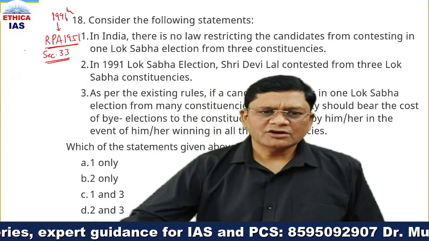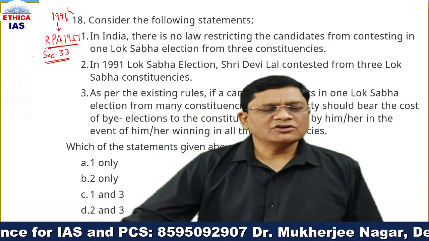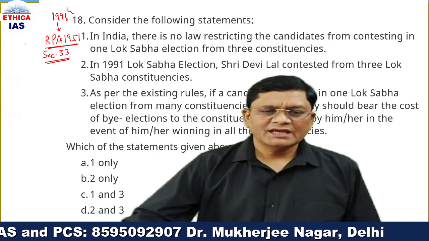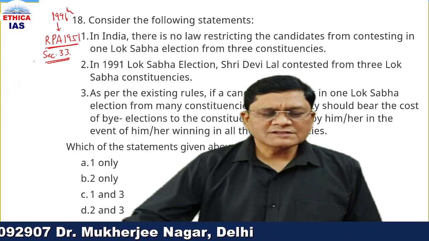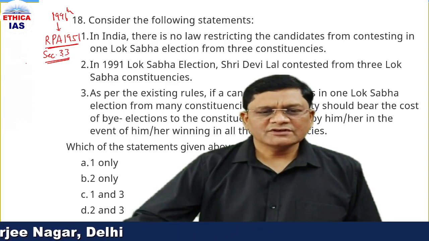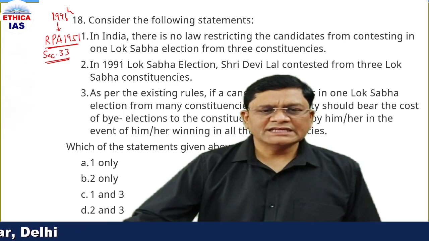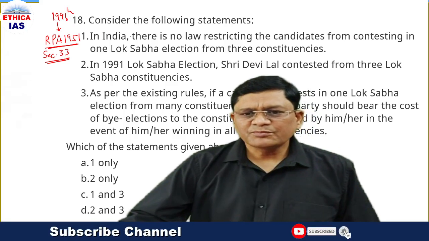Section 33 of RPA Act is related to valid nomination, and clause 7 of this section was added in 1996, and it prohibits